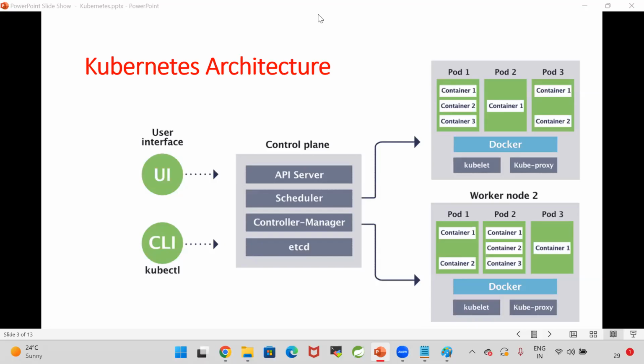Sir, is this architecture only for our understanding, or when we send the request from the user interface or CLI, do we have to mention these things? This is only for our understanding. It will all be taken care of internally by the control plane. From our side, we will just send the request to the API server. As a DevOps engineer, we will write the configuration and send it to the control plane. The control plane will internally take care of all these things. For understanding the internals, we are just learning how it works internally.